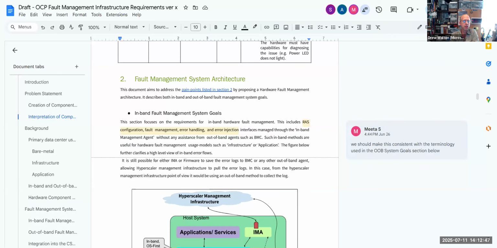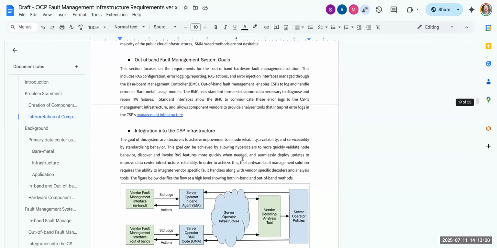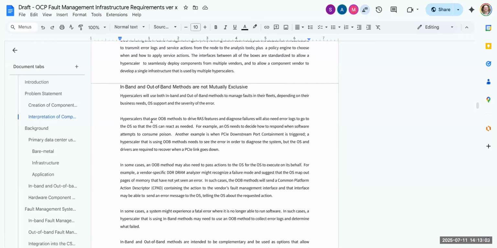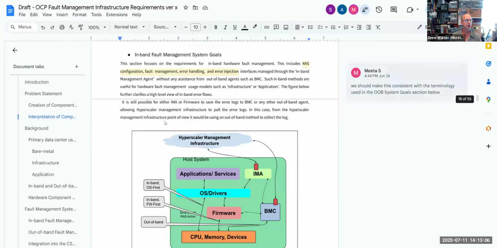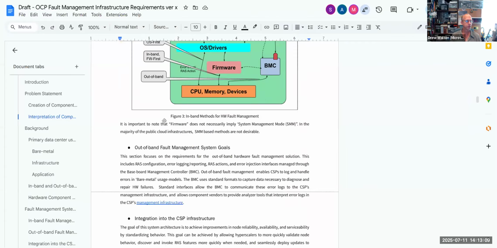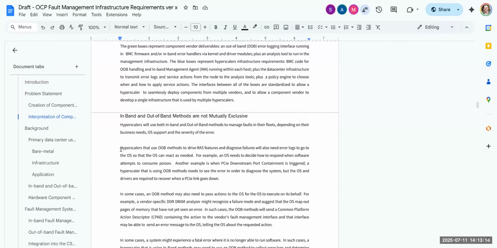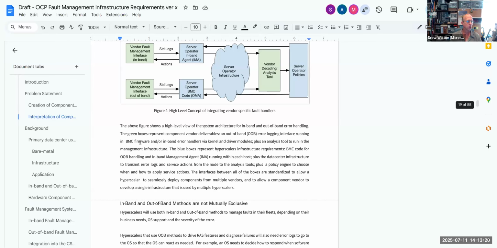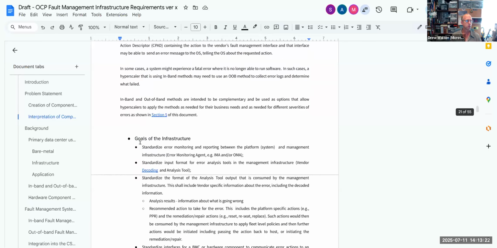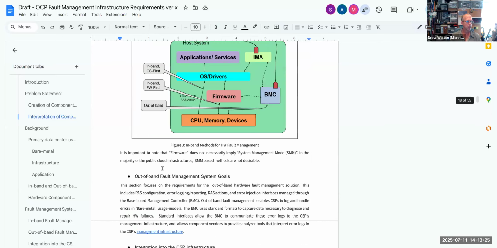Agreed. So Mita, do you mind? Let's see. Oh yeah, you're talking about making it consistent with the wording in the out of band section? Yes, I think so. I'm also trying to open it up on my side. Sorry. Let's see. What I'll do is copy the other sentence up so we can compare the two sentences. Yeah, I thought I was trying to do that. Maybe I missed it there. Let's see. Where? Oh, here.